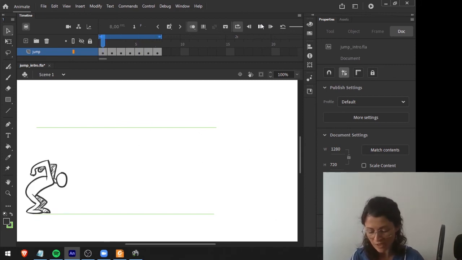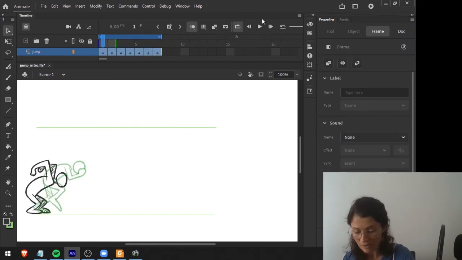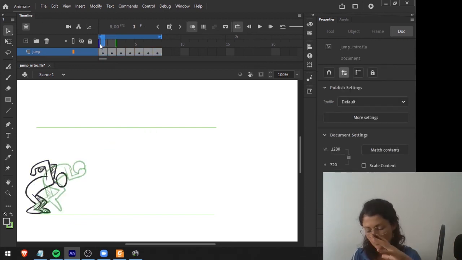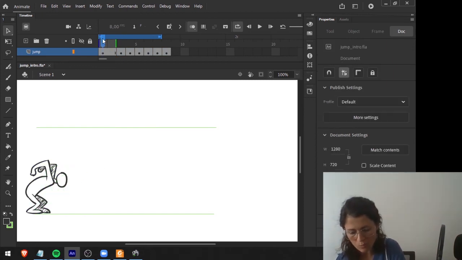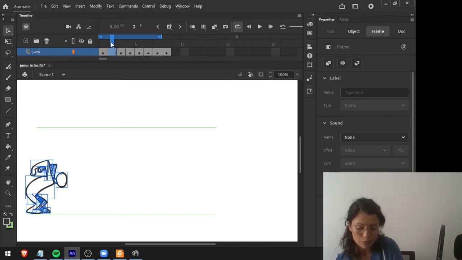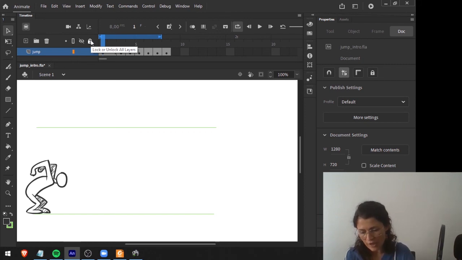Because every single frame is being played at the same velocity. It means that each pose has the same time, and that's not real. That's not what happens in a real jump. So I have to make some of these poses last longer than others. In this case, maybe I have to keep the character more time on the ground before the jump. Of course, I will then make the in-betweens to feel more correct instead of just freezing each pose. So I naturally need more time here when he's anticipating this jump.